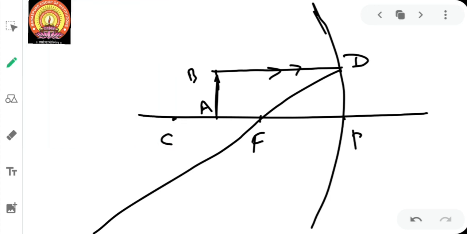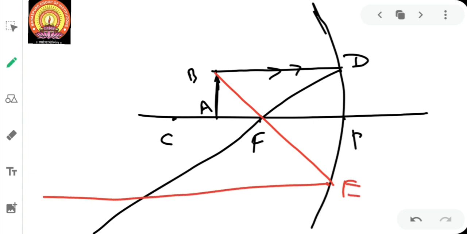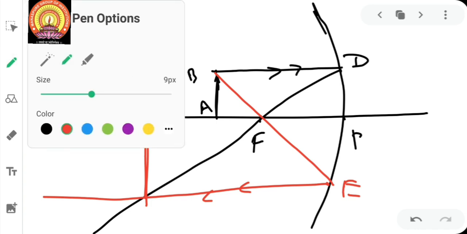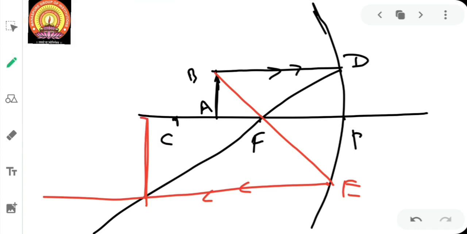According to rule 2, when the incident ray is passing through the focus, this incident ray passing through the focus at point E, then it gets reflected back, and the reflected ray is parallel to the principal axis. So what happens then, we get an image, and this image is somewhere here. If we trace in this manner, this image is behind the center of curvature. See, this C is the center of curvature and the image is behind the center of curvature. It is in the downward direction. So I will write here A dash, B dash.